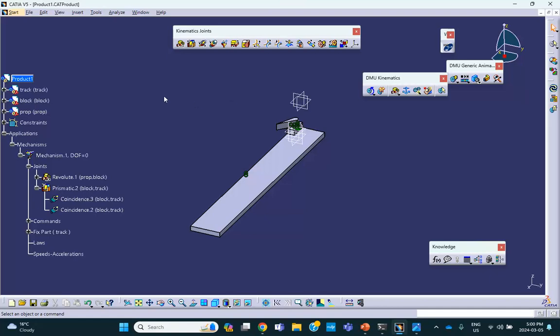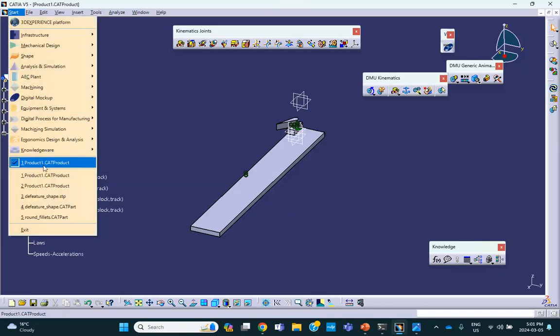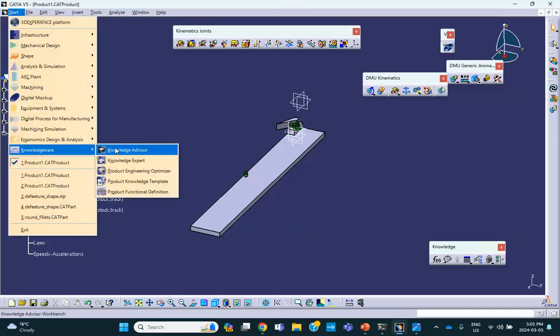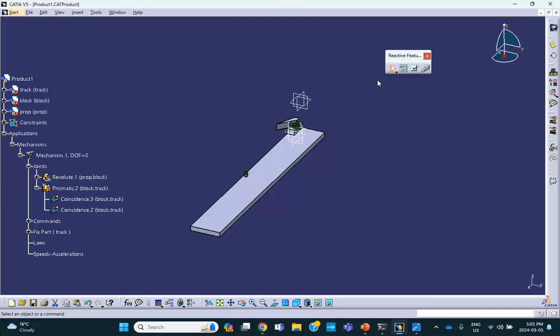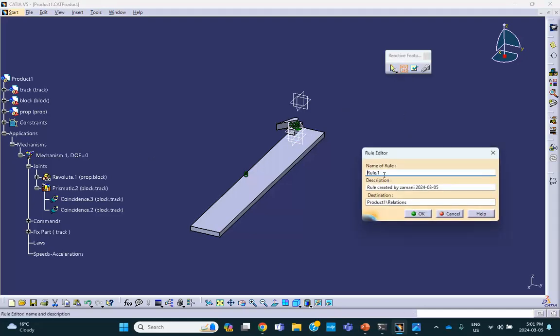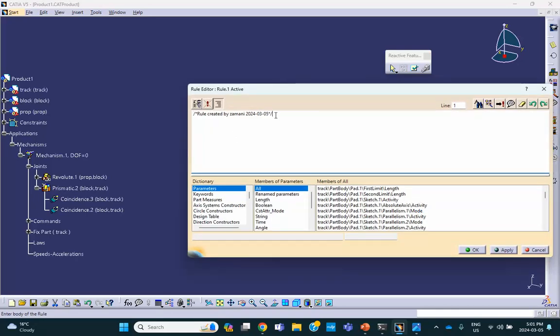same rule. So where do we put the rules? You go to start, knowledge, knowledge advisor. Here is the way you make rules right there. This is rule number 1. There's only one rule here. We're going to put it in one, both combined. I'll call it combined. Good. So if you click on the mechanism, all the stuff related to the mechanism is going to pop